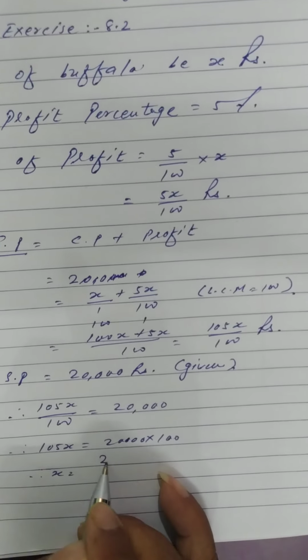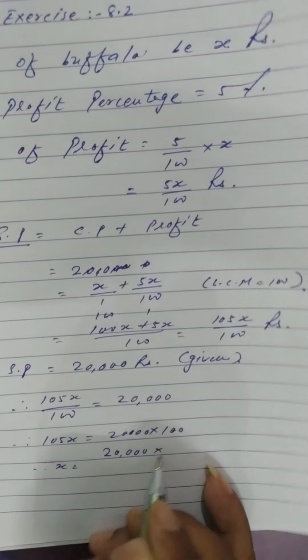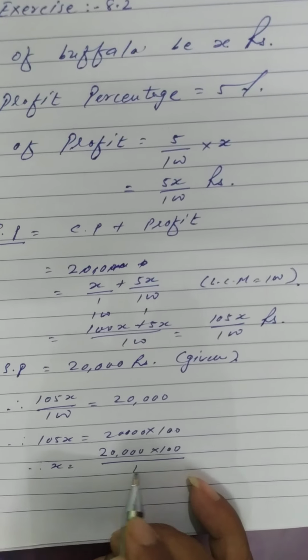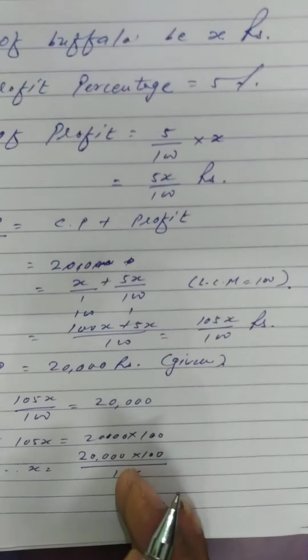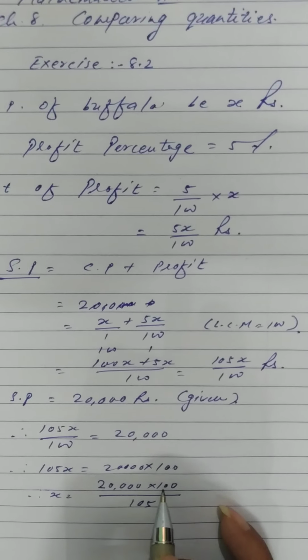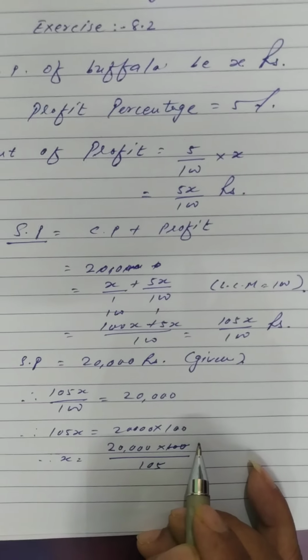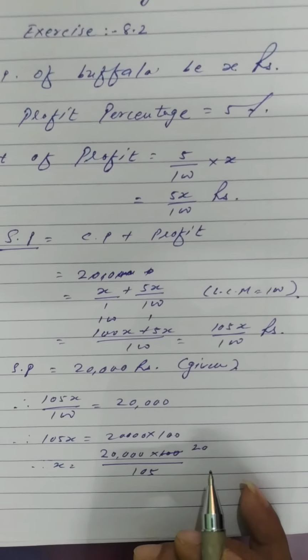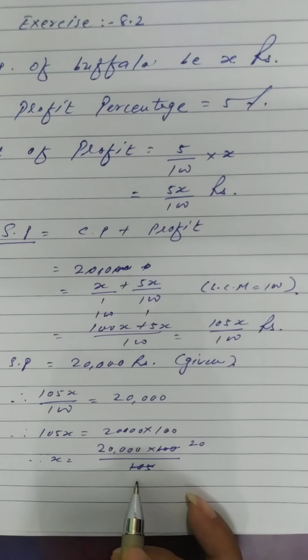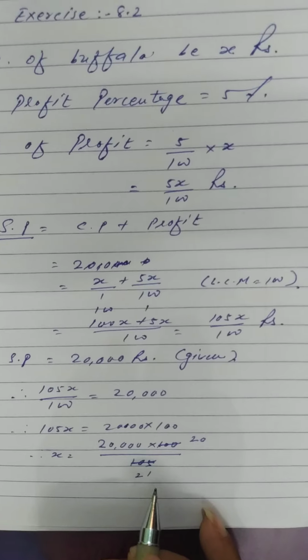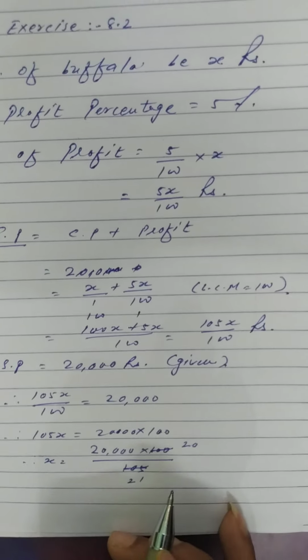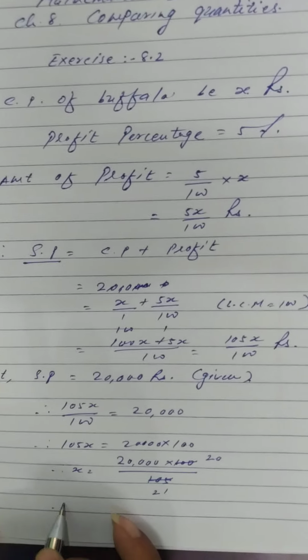Therefore x is equal to 20,000 multiply 100 upon 105. Now 25 times 4 is 100, right? And 21 times 5 is 105, right? Therefore x is equal to